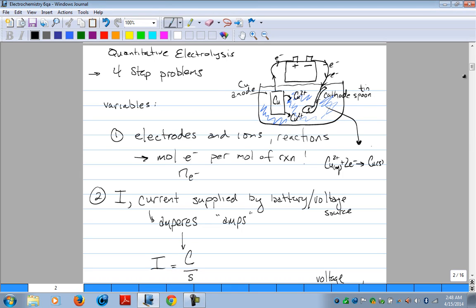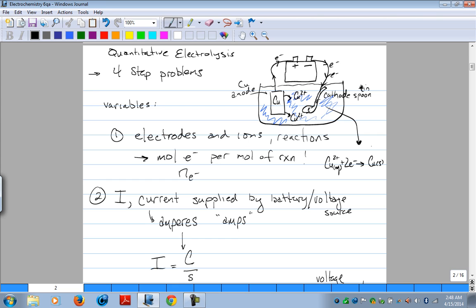Right, we'll do a few quantitative electrolysis problems. We'll do these step by step. Oftentimes there are 4-step problems. We might be able to boil this down to just a 1-step solution. We'll see. Alright, so in the picture you see the plating of copper onto a cathode, which might be a